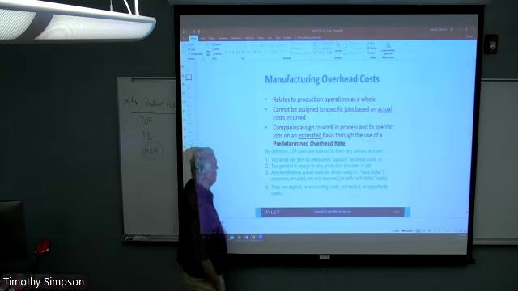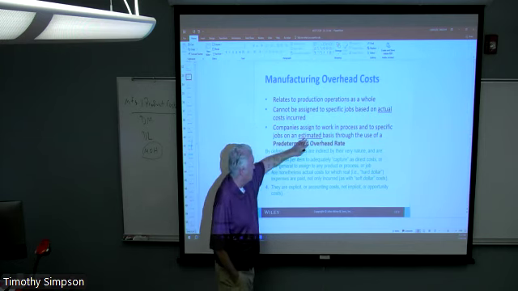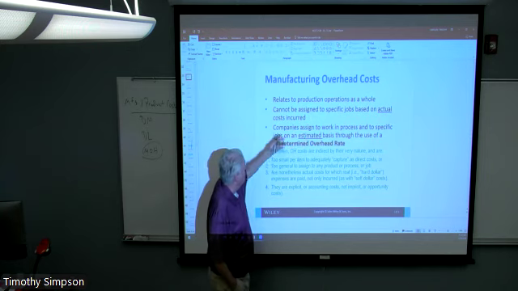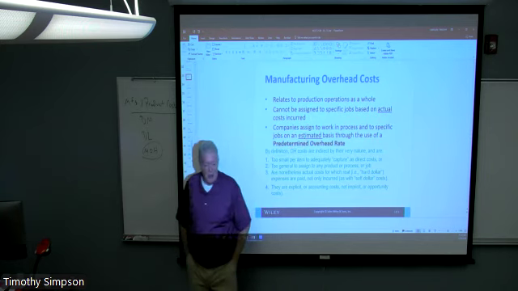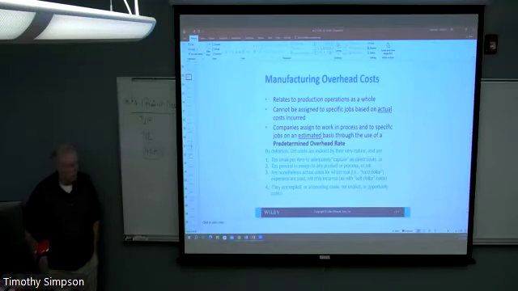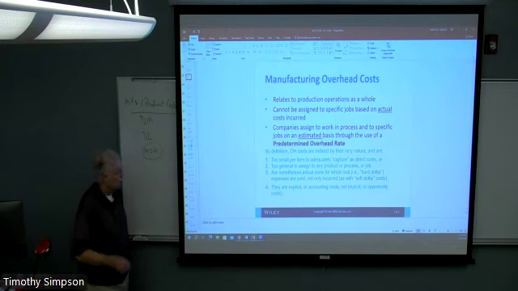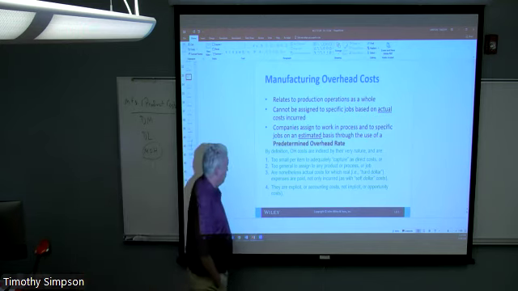So the difficulty is that we really can't take these costs and say that these are the actual costs that apply to these actual products. What we have to do is we have to estimate these costs, and then we apply them. And so we'll talk about this idea of application of overhead cost. And we'll talk about why that's the case, but some of the input that I wrote here was that by definition, overhead costs are indirect because, and some of this I've just mentioned, they're too small to adequately capture as direct costs. They're too general, that is, they're too indirect, like the example of a security guard and whatnot.